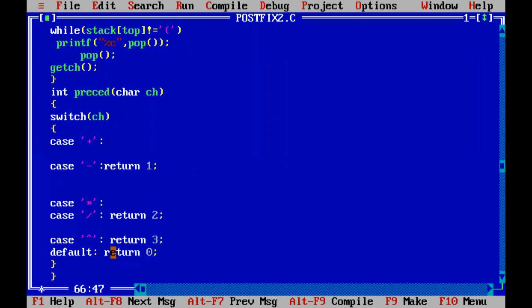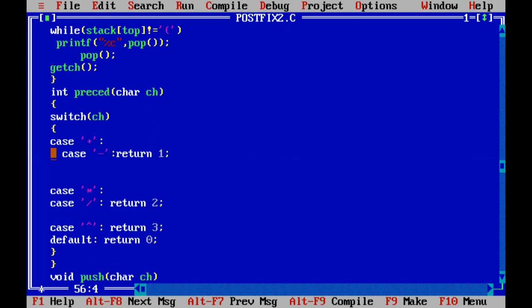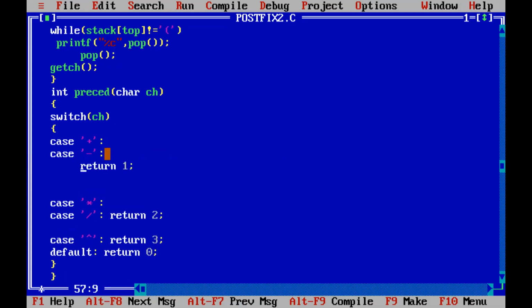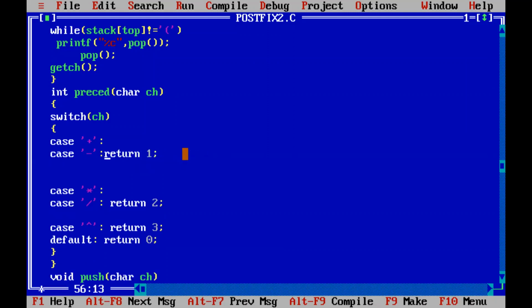So you have to keep it in mind that whenever we are not writing any break statement or any return or any of the statements to be executed. Suppose I give a statement here, printf, in the case label plus, printf hi. What will happen? It will be printing for both the cases, even if in the switch case I'm getting addition also, subtraction also, it will be printing a hi and then returning one. Whatever statements we have written over here, it will be executed for both the case labels. I hope you understood.